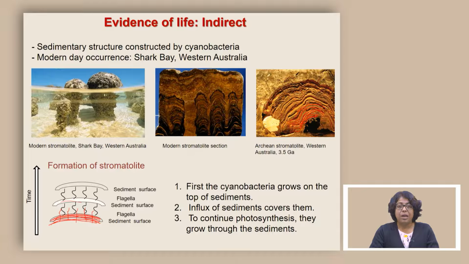Now, why don't we find such stromatolites today other than the Shark Bay? The reason is, even if there are other places where you see development of microbial mat, often organisms such as fishes, snails, they eat it. They constantly eat the sediments, and in the sediments, if there are microbial mats, they are immediately going to eat it, and therefore these microbial mats do not survive unless it's a completely protected, restricted environment such as Shark Bay.